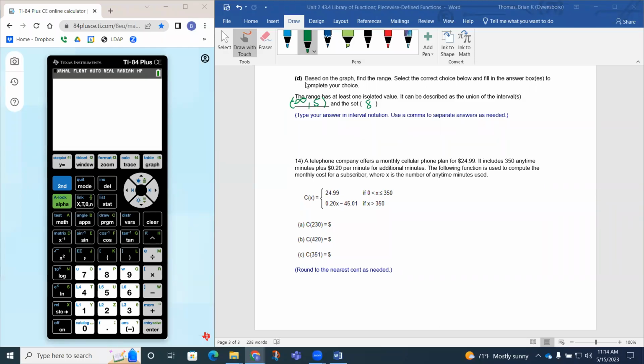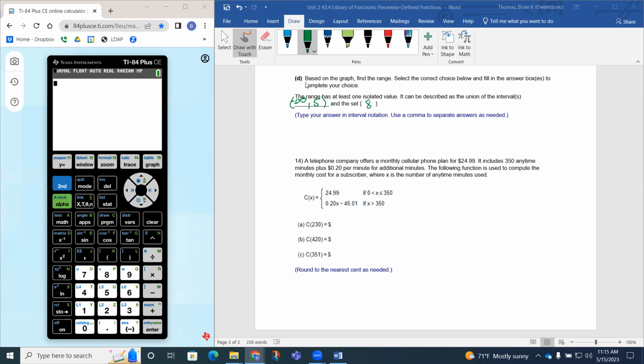So question 14, we have an application. A telephone company offers a monthly cellular phone plan for $24.99. It includes 350 anytime minutes plus 20 cents per minute for additional minutes. The following function is used to compute the monthly cost for a subscriber, where X is the number of anytime